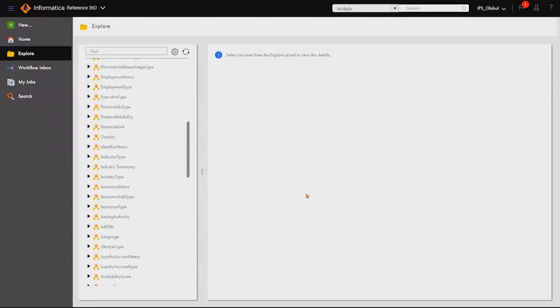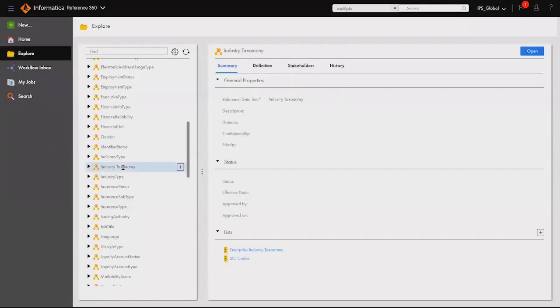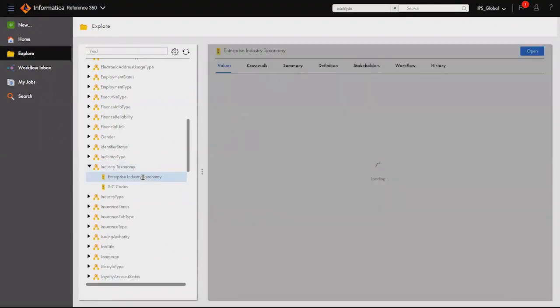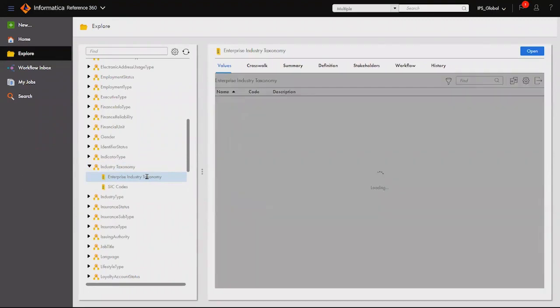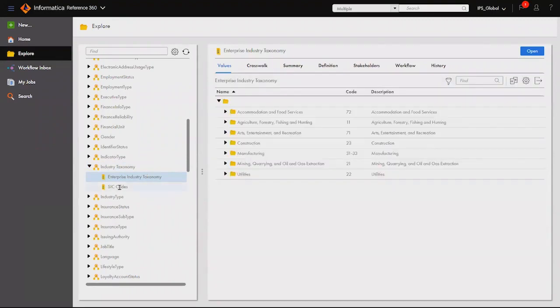We switch over to Reference 360. Here's an example of how that hierarchical code list might look. We've got the enterprise industry taxonomy, which is based on NAICS codes, and we've got the equivalent SIC codes as well. So for example, we were looking at the construction